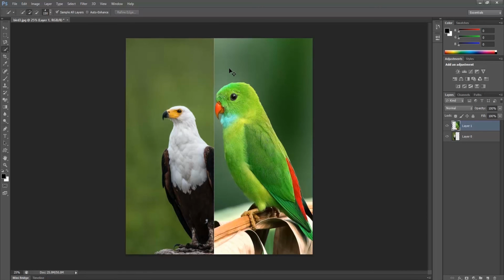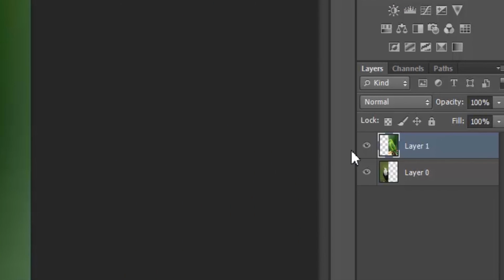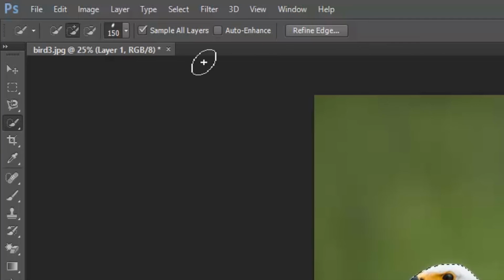Let us select this bird on the left side. Irrespective of the layer selected, it is also selecting the bird from the background layer because we have checked the sample all layers option.